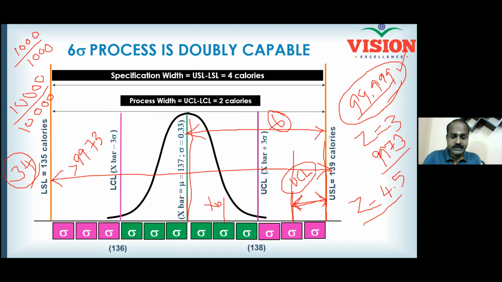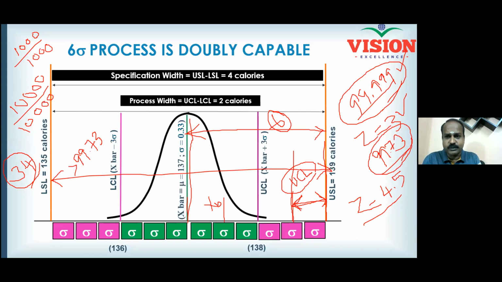And now in this particular situation, earlier we understood that our process success rate was 99.73. But now what happened? Our process success rate is 99.999. Why do I say it is 99.999 instead of 99.73? This all comes from the knowledge of normal distribution, right? In a normal distribution, for a Z score of 3, the success rate is 99.73.